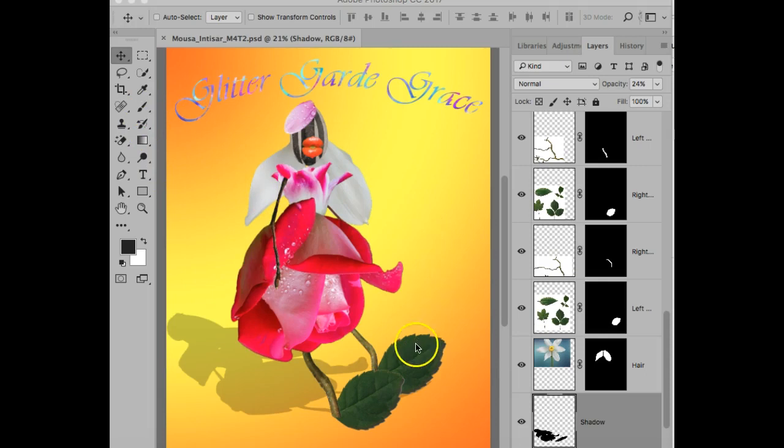Intisar. Okay, yeah, I think that this is definitely a simple background in the sense that it's really highlighting your character. And I think your text is really pretty. I think it flows nicely with the elegance of Garden Glitter Grace. So it's Garden Glitter Grace. I don't mind if you change the words, but I think there needs to be an N here. So I would just work a little bit more maybe on the balance of all of the different elements. I think you're ready to start thinking about color at this point